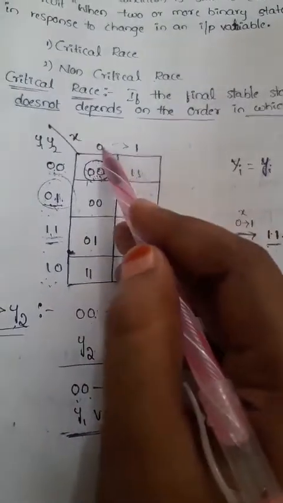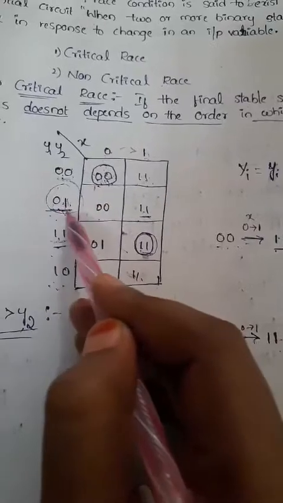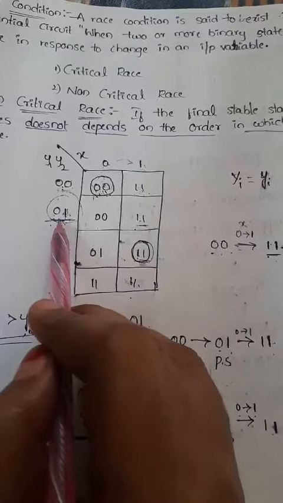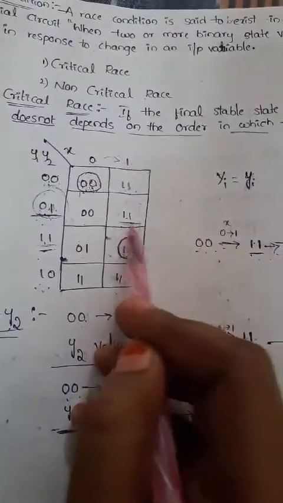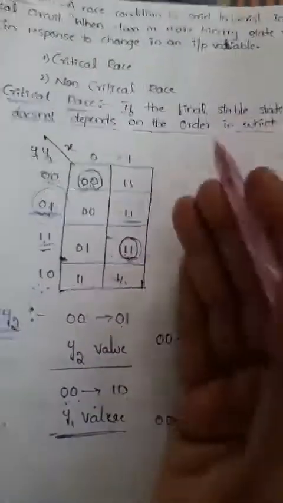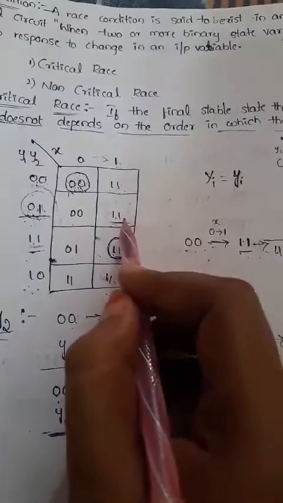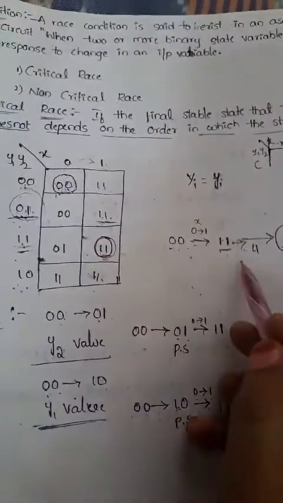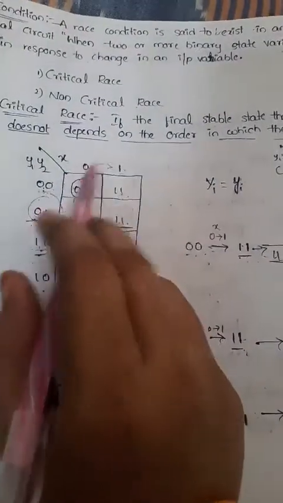So whether the input is changed from 0 to 1, automatically we are getting the input as 0 1, right? So this 0 1 sometimes acts like a present state, so whenever the input changes to 1, we'll get the output as 1 1 here. Now we will check whether this 1 1 is stable or not after some time. So now check this 1 1: after some time it will act like a present state, and it is stable whenever the input changes from 0 to 1.